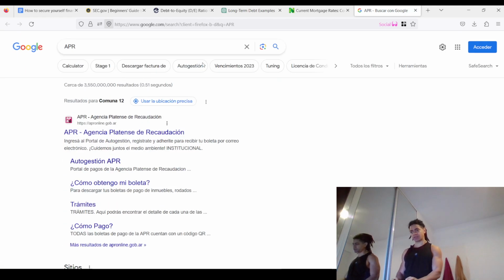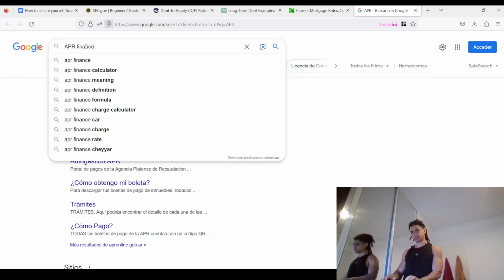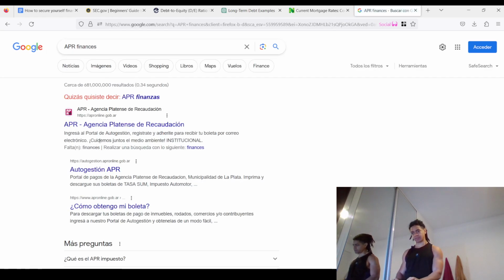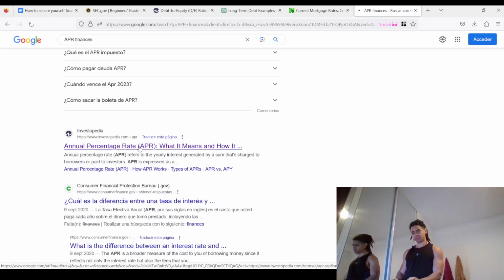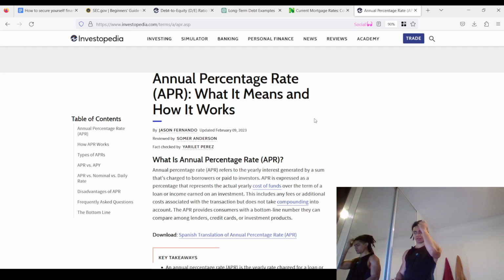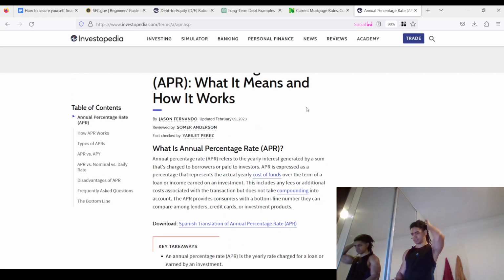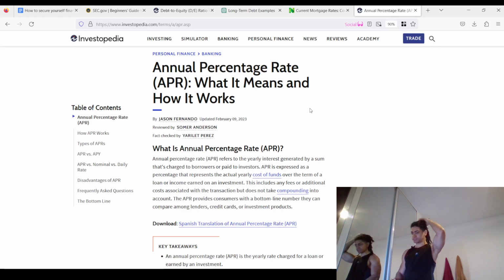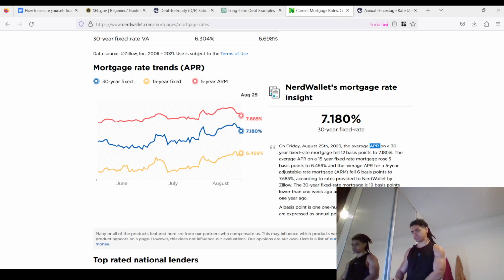In finance, annual percentage rate refers to the yearly interest generated by a sum that is charged to a borrower or paid to an investor. So the annual percentage rate on a 30-year fixed rate mortgage fell 12 basis points